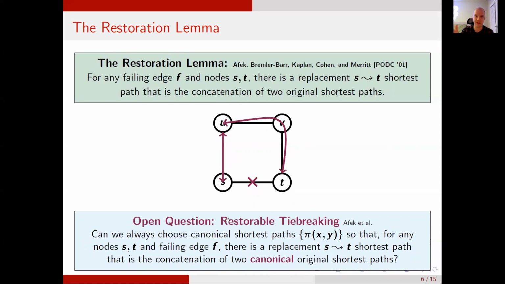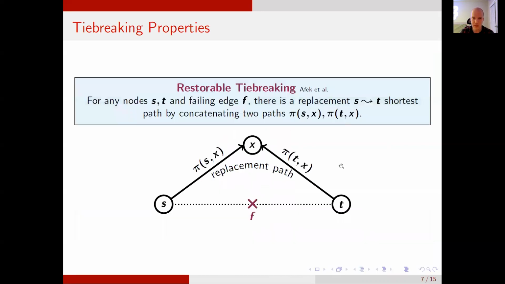We're trying to investigate in this talk whether or not restorable tiebreaking exists. So I'll put it up here and I'll show us this little picture of what restorable tiebreaking might look like. It's saying, for any 2 nodes S, T, we can imagine this dotted line being the true shortest path between them. If an edge on this fails, the tiebreaking is restorable if it guarantees that we can find some midpoint